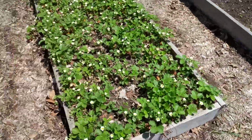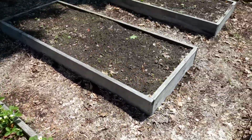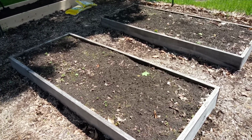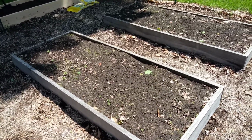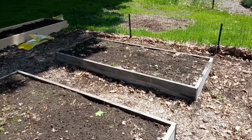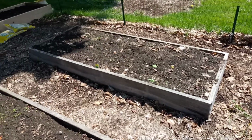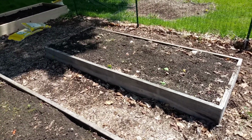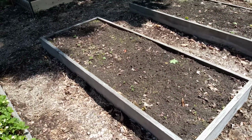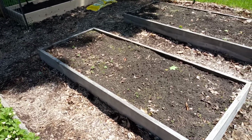Let me see, we got the straw bale, we got the strawberries here. These two beds are going to be dedicated to tomatoes. Now, I had the stake tomatoes in this bed last year. I believe I'm going to go with cherry tomatoes there, and then I'm going to move the stake tomatoes, the bigger tomatoes, over to this bed